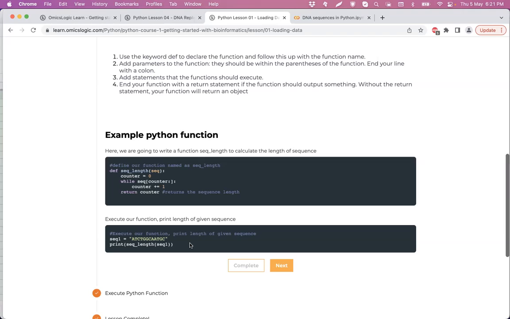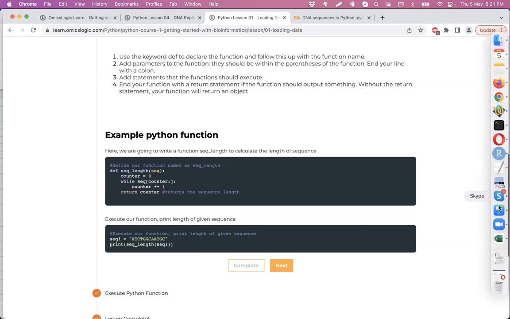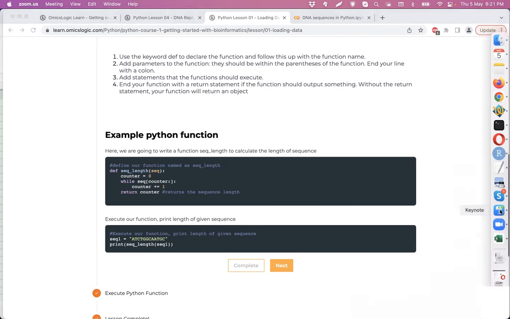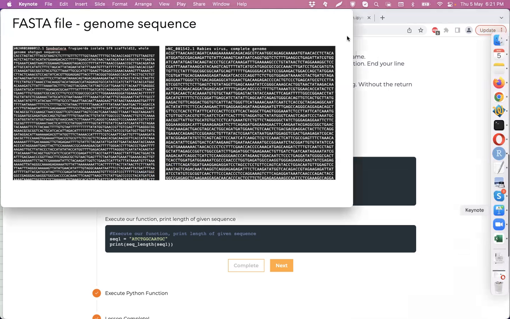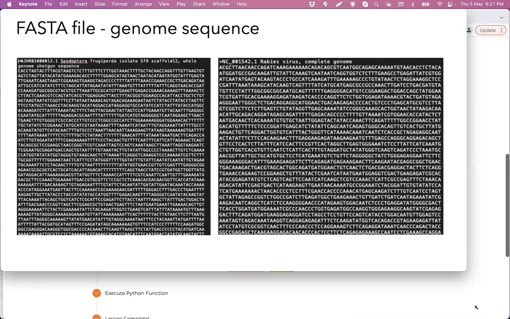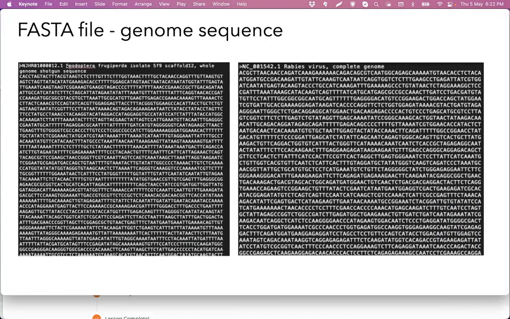But when we are going to deal with DNA sequences, most of the DNA sequences are from a FASTA file, in one direction. So the FASTA file sequence is going to be in one direction, where you will have a header information